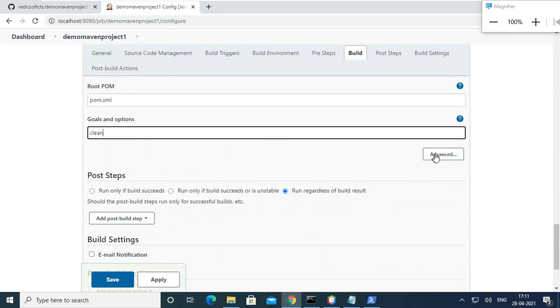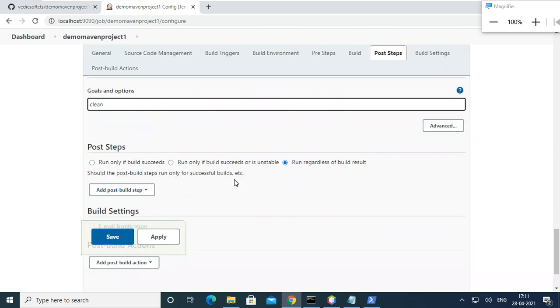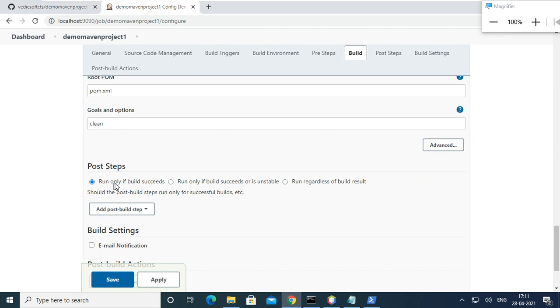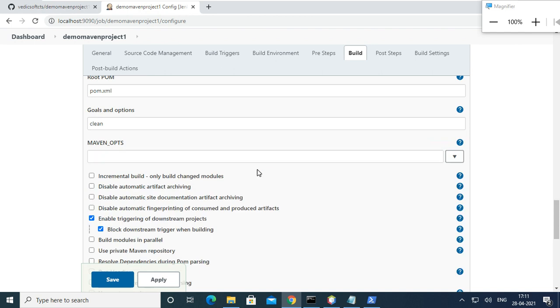Okay, so you can go to advanced and extend these options. You can do post build or post steps, meaning run only if successful, run if it is succeeded or unstable, regardless of build result, like that it is there. Okay, you can add things, go to advanced.